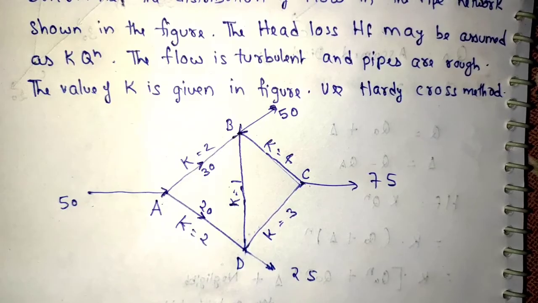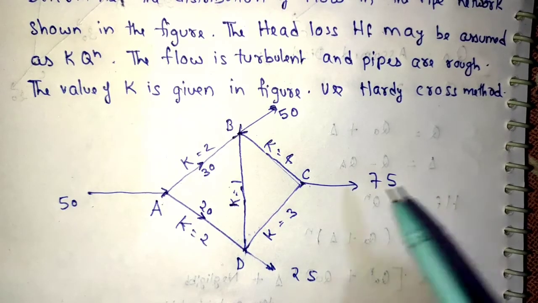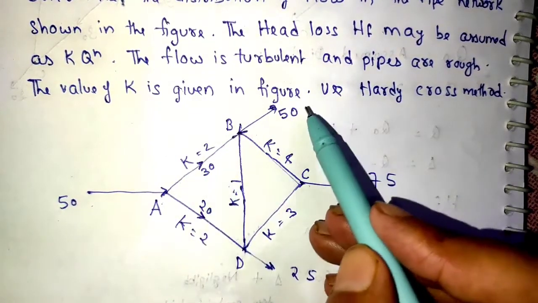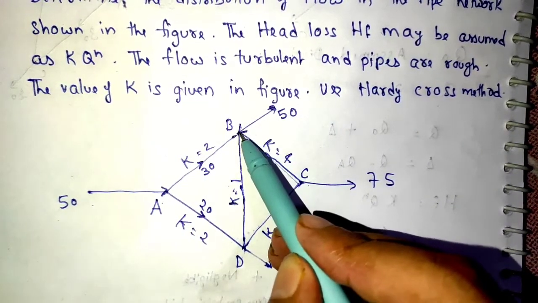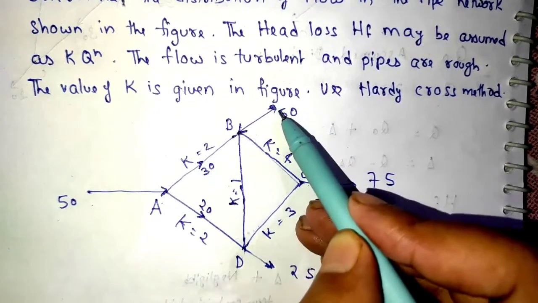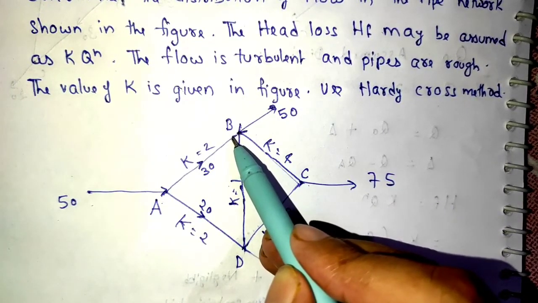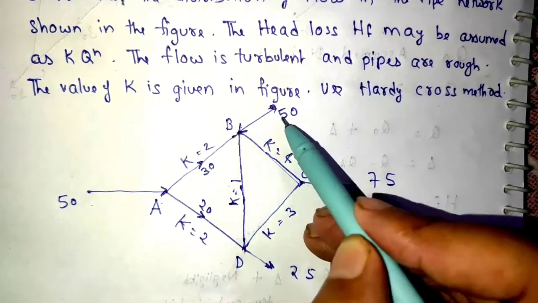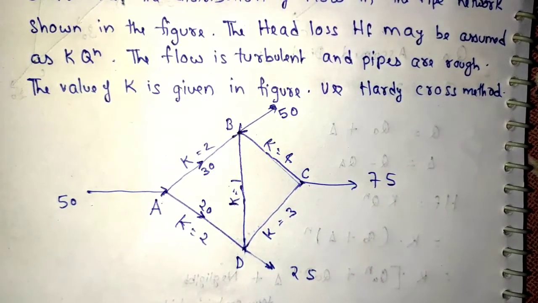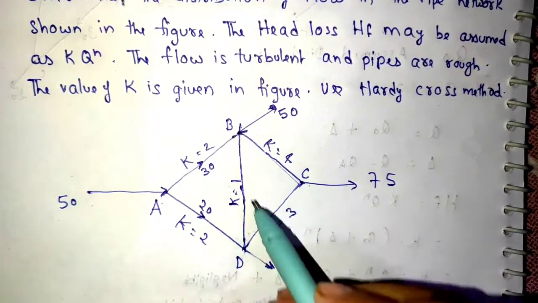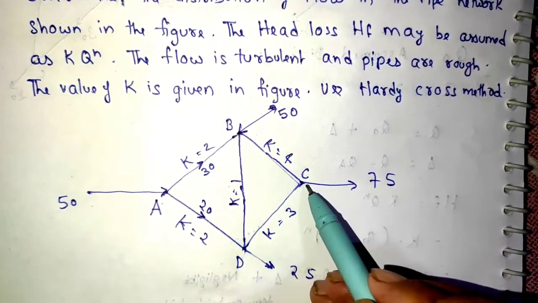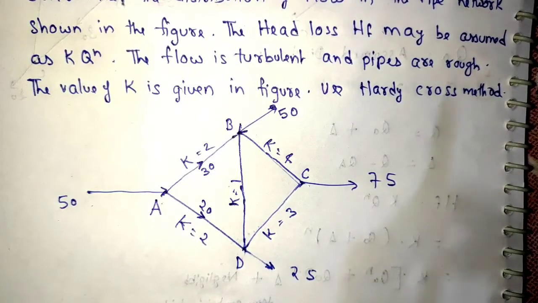Now the amount of water which is coming inside should also be the exiting amount of water. So what amount of water is here at this point B? 30 was from here, right? And 50 was from here. So the amount of water becomes 30 plus 50, that is 80, right? So in this BD pipeline and this BC pipeline, the flow must be equal to 80, right?